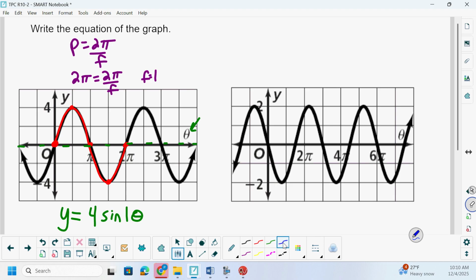All right, going to the one to the right of that, we'll start with our point on the y-axis. Then we should have 5 total points to figure out our cycle. So we'll go to the minimum point, back to the middle, maximum point, and then back to the middle. So based on our scale, this spot here is 3 pi. So if period equals 2 pi over frequency, if period is 3 pi,